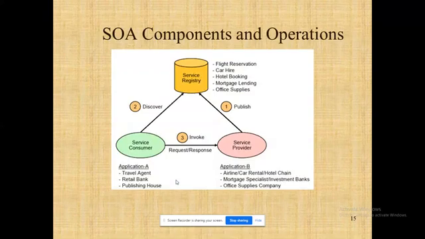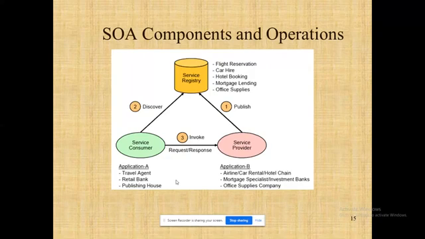So they have given this diagram for your corresponding application services. We have already seen this diagram in an abstract way; now it has been given in detail. Flight reservation is a software. Car hiring is a software. Hotel booking is a software. Mortgage lending is a software. Office supplies, all of them are heterogeneous things, right? All these things can be available in the service registry. That is what my UDDI is, right?